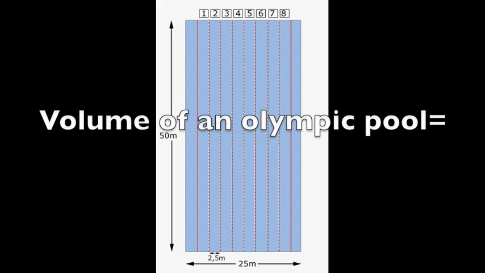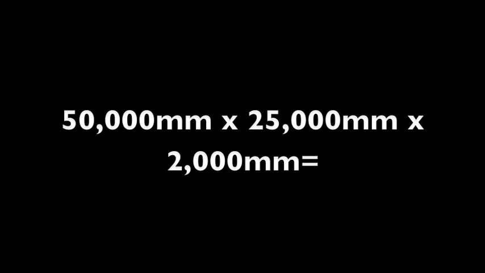Well, you would then find the volume of an Olympic pool, which is 50 meters long, 25 meters wide, and 2 meters deep. You would multiply each of those numbers by 1,000 to find how many millimeters that is, which would be 50,000 millimeters times 25,000 millimeters times 2,000 millimeters, which would then equal 2.5 trillion millimeters cubed. After that, you would take 2.38095 times 10 to the 16th and divide it by 2.5 trillion millimeters cubed to find out that 9,523 Olympic pools can be filled with all those cigarettes.